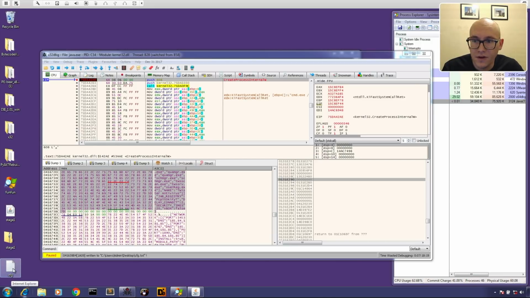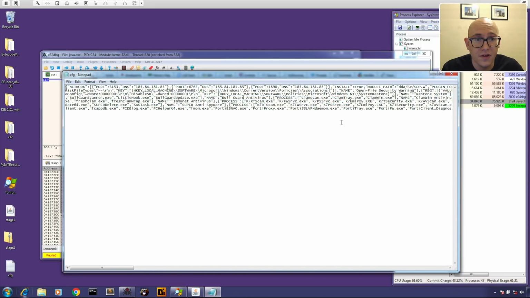And now that it's saved, we can open it up, and here's our configuration file dumped out and nice and easy for us to look at. I won't go into detail with what's going on with each one of these entries in the config file, but if you recall, we already dumped out a clean version of the Adwind jar, and now we have a real config file. So we could, in theory, put those together and run in a sandbox to see what's going on,